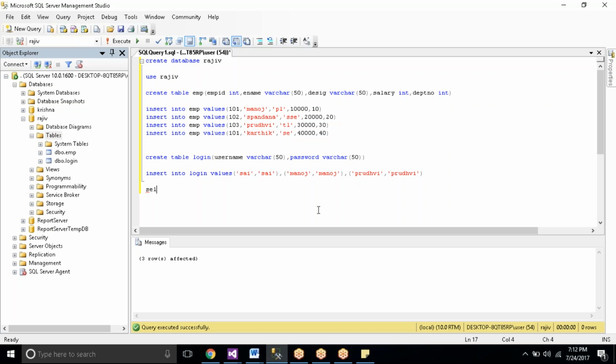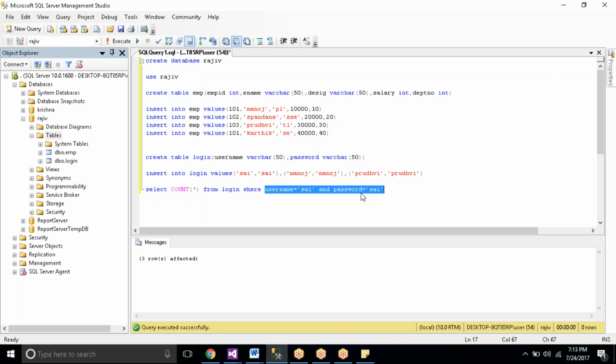Now listen here, all of you, very carefully. Now I'm taking the query like this. Select count of star from, what is the table name? Login. Where username is equal to Sai, here I'm using the AND operator, password is equal to Sai. If I'm taking OR, what will happen? Sai and Manoj also would give a true result. My condition: both username and password, I need to have this and this only. Both need to be true. Understood? Yes, ma'am.